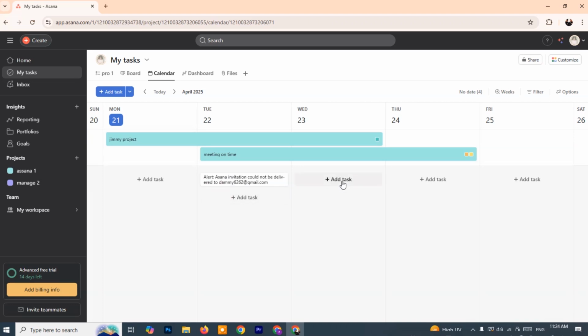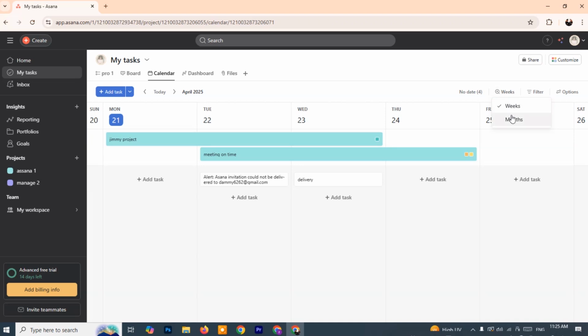Once you've familiarized yourself with the calendar layout, move to the top right corner of the interface and click on the Weeks option. This will let you toggle between viewing tasks by week or by month. Choosing between weekly and monthly views helps you zoom in for a detailed short-term view or zoom out for a broader long-term overview. This flexibility is particularly useful during project planning phases or sprint reviews when evaluating how tasks are